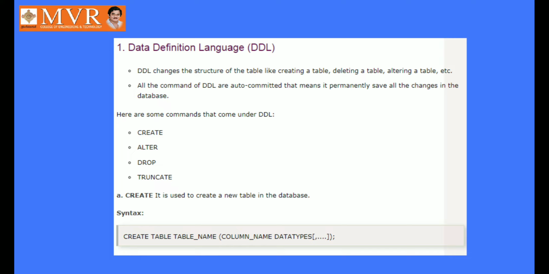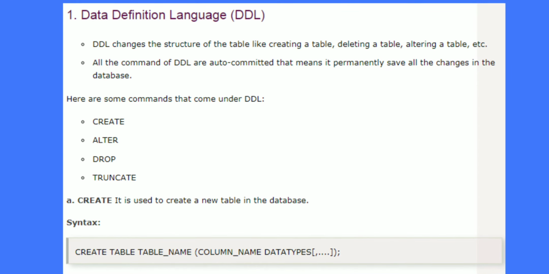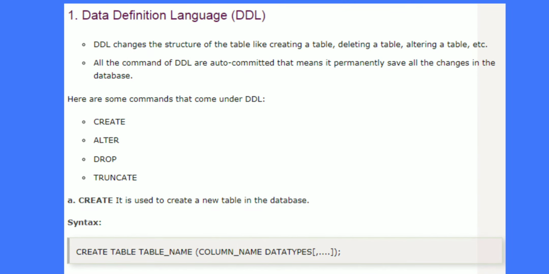DDL changes the structure of the table, like creating a table, deleting a table, altering a table, etc. All the commands of DDL are auto committed. That means it permanently saves all the changes in the database.